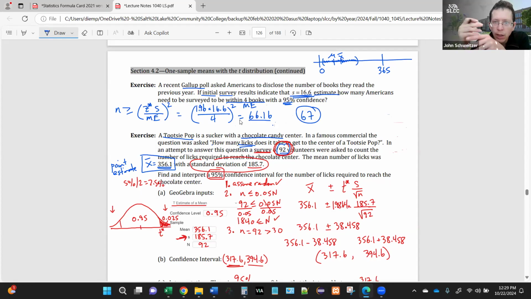And they'll tell you how many books they remember reading in the previous year. Okay, so with those 67 people, you can create that desired confidence interval. All right, so that takes us to the end of